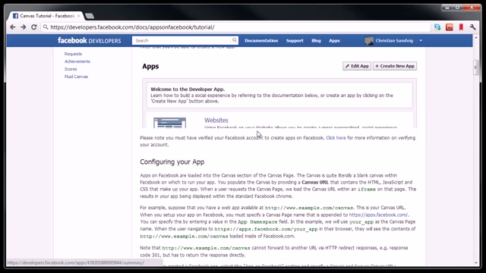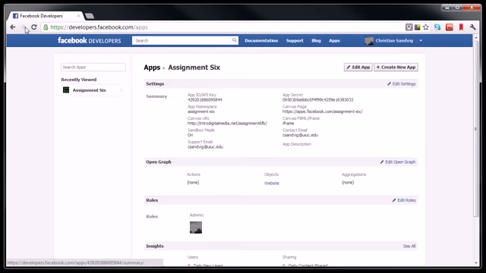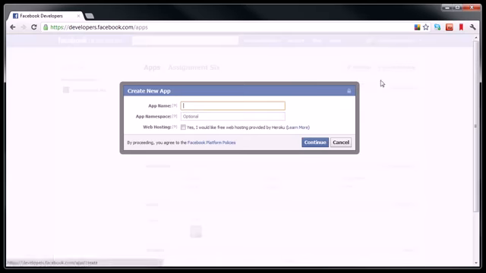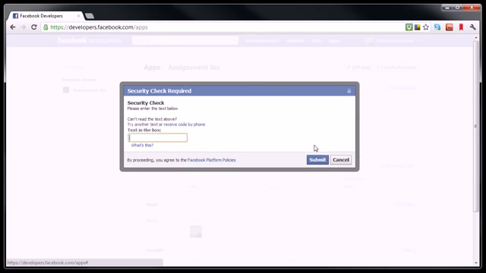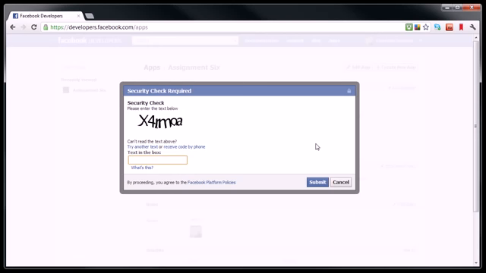The next thing that you want to do after that is simply press the Create New App button in the Developer app. So let's go back to the Developer app and hit Create New App. You'll have to name it. I'm going to call mine test app. I don't need to worry about anything else here, and then I'll hit continue. To prove that I'm actually a human,